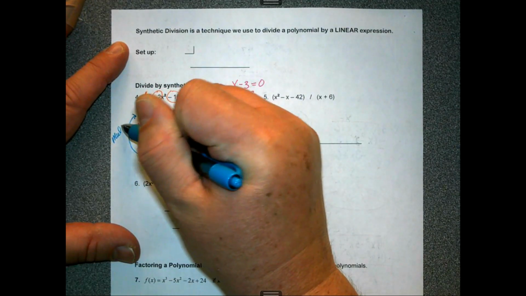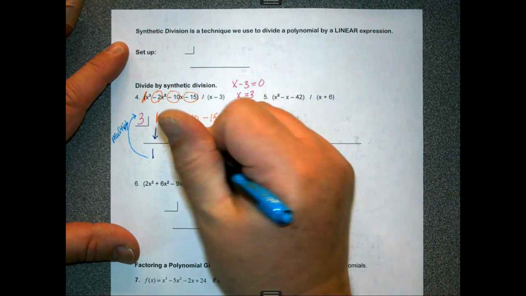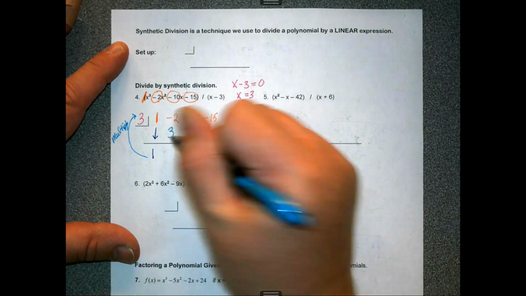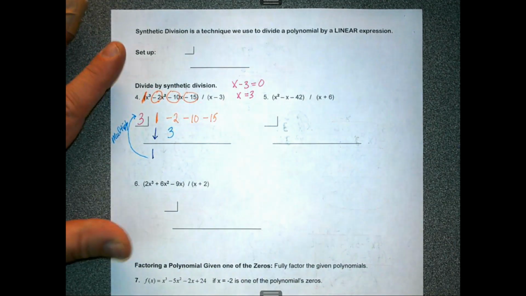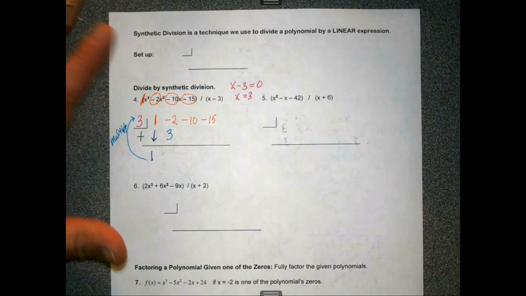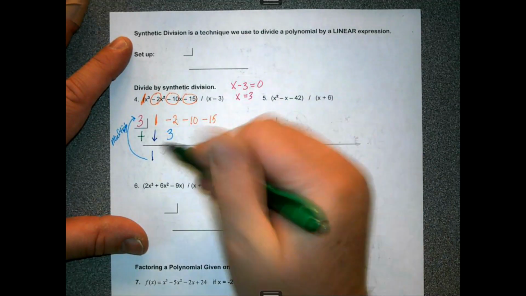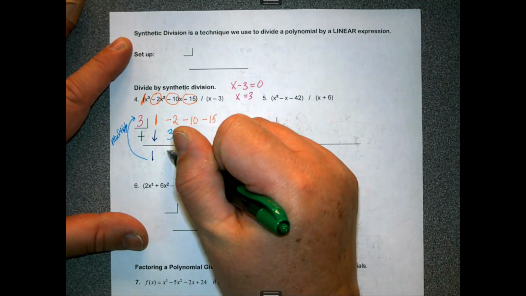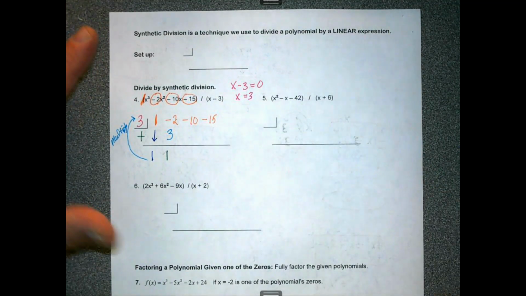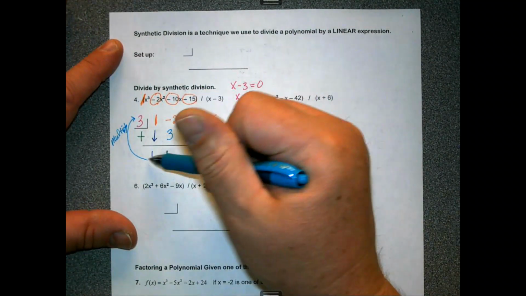Multiply it, kind of like what we did yesterday, right? 1 times 3 is 3. And then instead of subtracting, I'm going to add them. Negative 2 plus 3 is 1. Start the process over again. 1 times